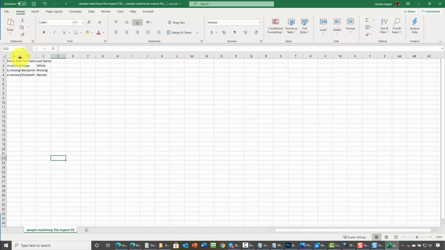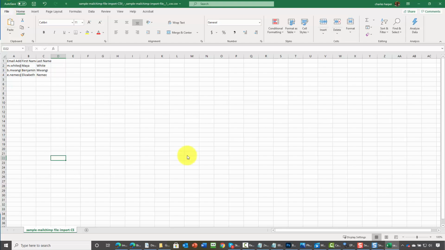So basically now what you have here is your column title, first name and last name, and you're going to write in the names and email addresses or copy and paste them from your file into this sample document. Once you do that, you want to resave the file as one you are going to be uploading to